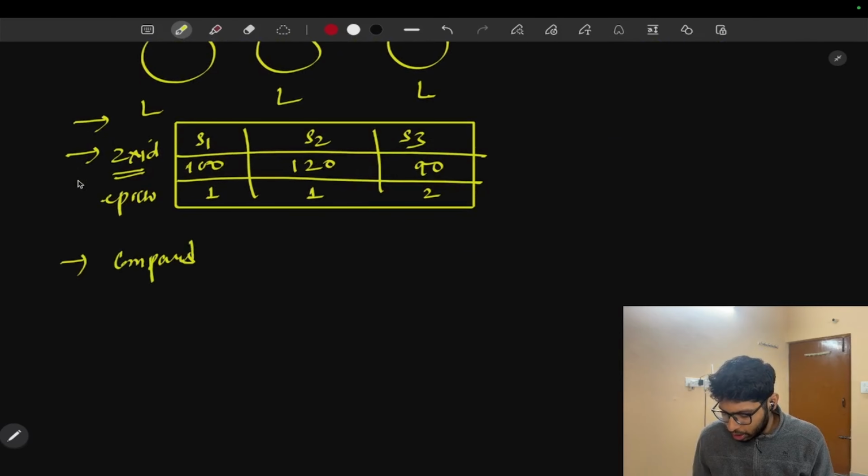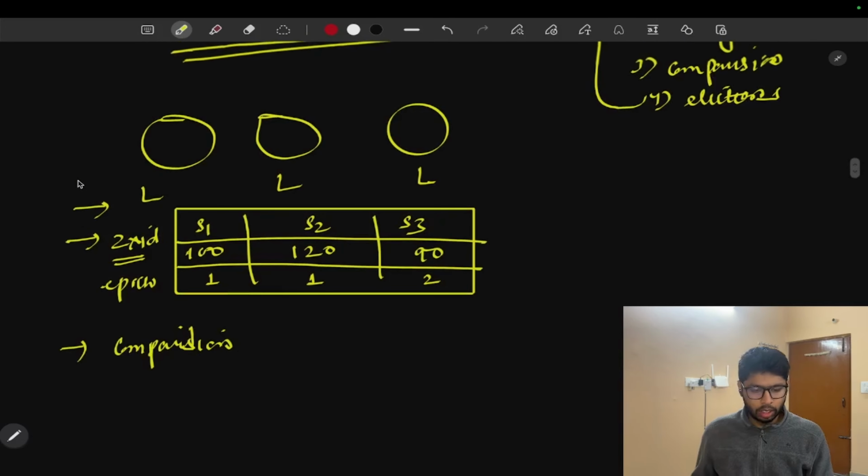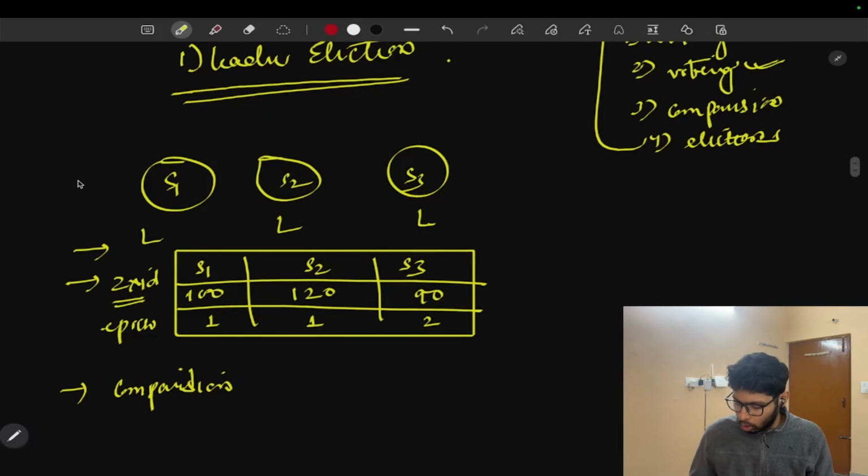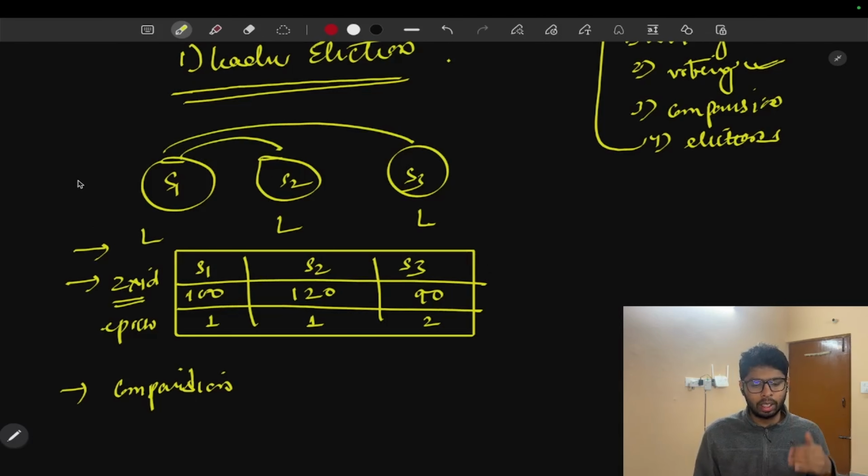In the comparison state, server 1 is going to send its ZXID and epoch time data to the other servers. Each server will send this data to all the other servers. Server 1 will say that my ZXID is 100 and my epoch time is 1.